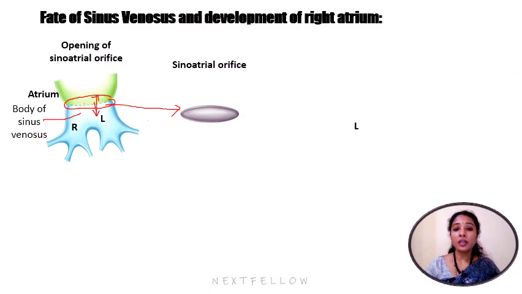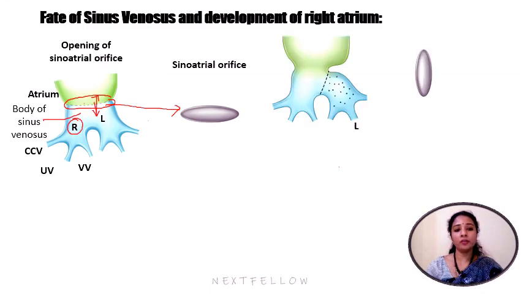Because the shunting of blood is from left to right in the developing heart, between the pulmonary veins, most of the blood is drained into the right horn of sinus venosus, which therefore increases in size. The right horn will increase in size. Common cardinal vein, umbilical vein, vitelline veins, and we can see the regression of the left horn and increase of the right horn. This is the right horn increasing, and we can see the communication is moving towards the right,